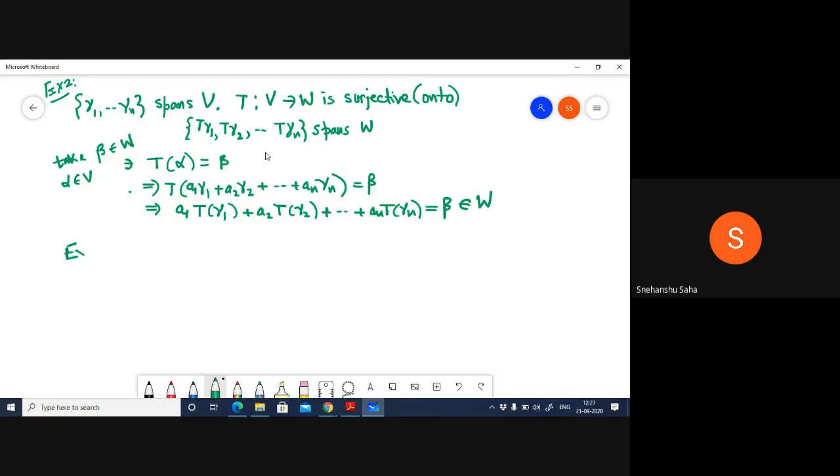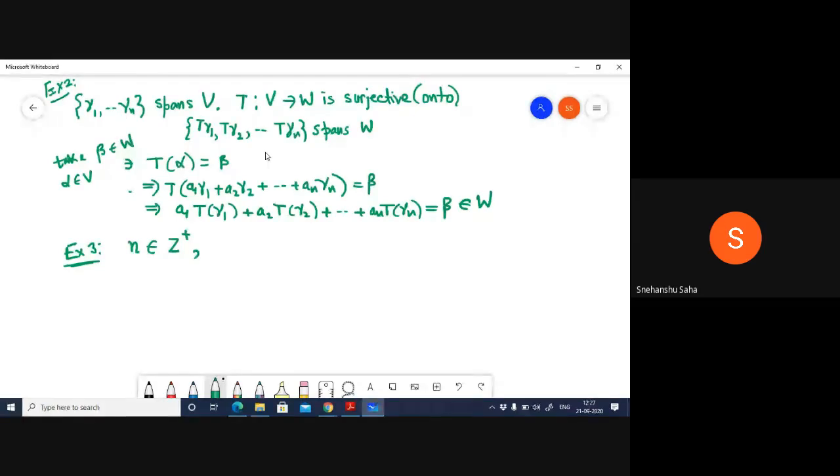Just one more example. I'm not sure whether this is the most suitable one, but maybe this is interesting. Okay, let me pick this up, because I see the other example I solved in class some time back. Now suppose n is a positive integer. You're familiar with this notation, right?